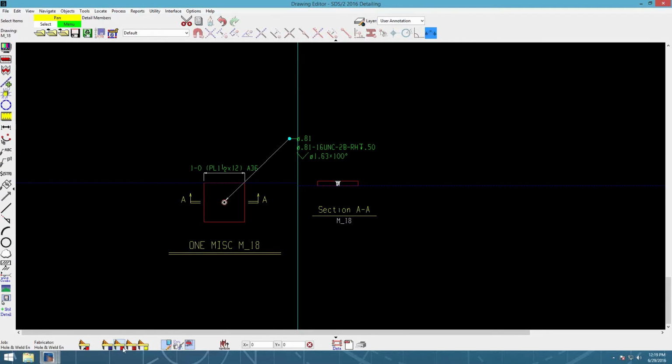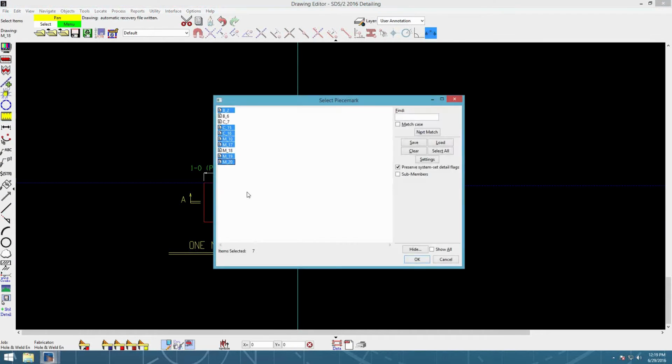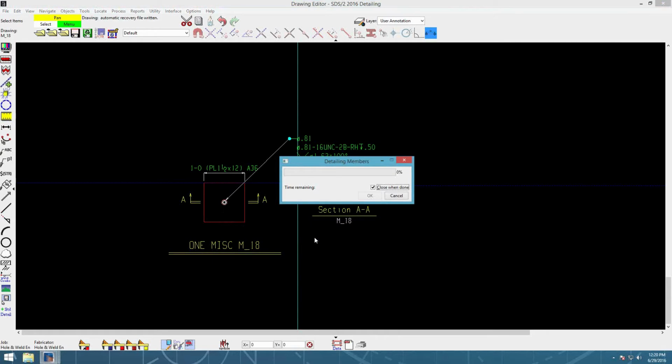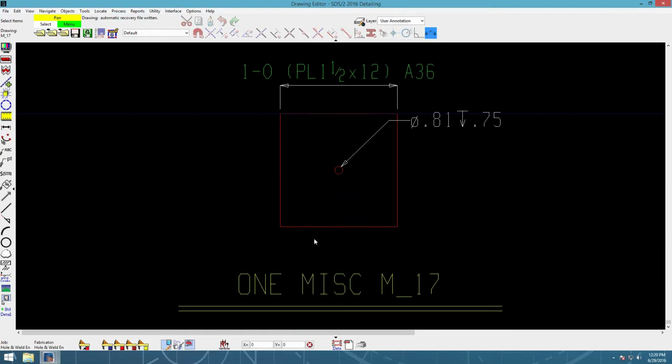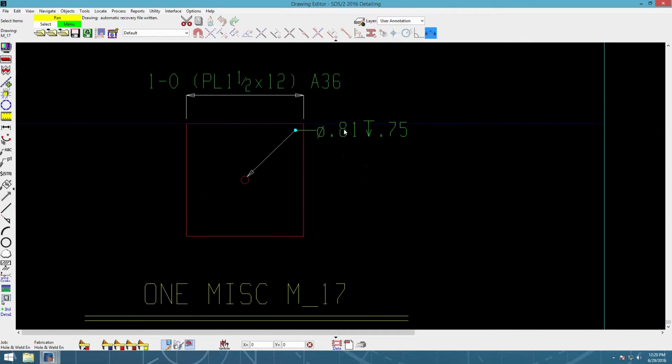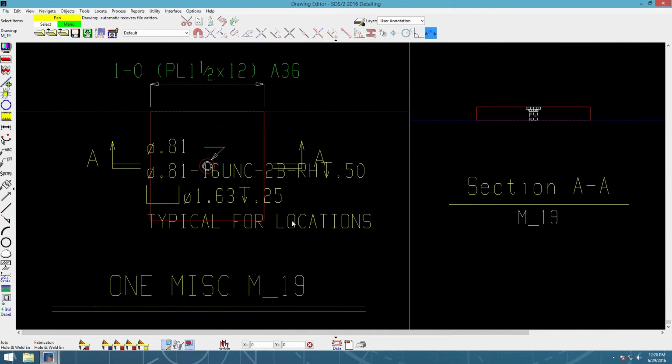So I'm going to go ahead and detail two others, 19 and 17. So here for M17 would be for that blind hole. We have the diameter that we had, and then that it went down 3/4 of an inch into the plate. And then for M19,